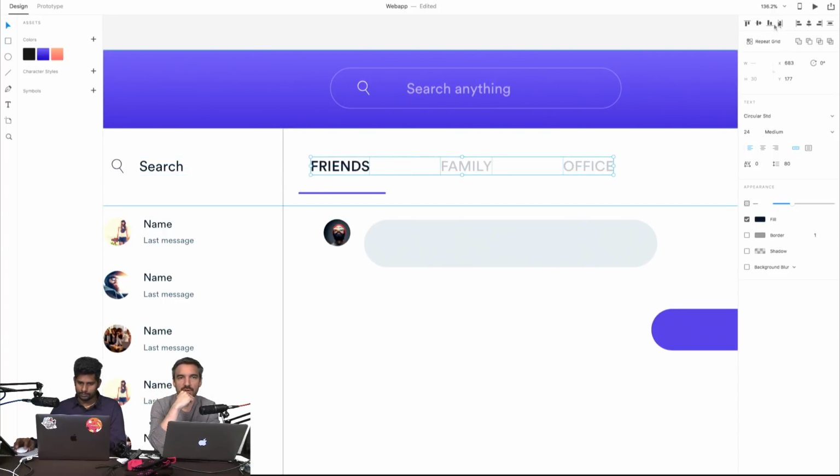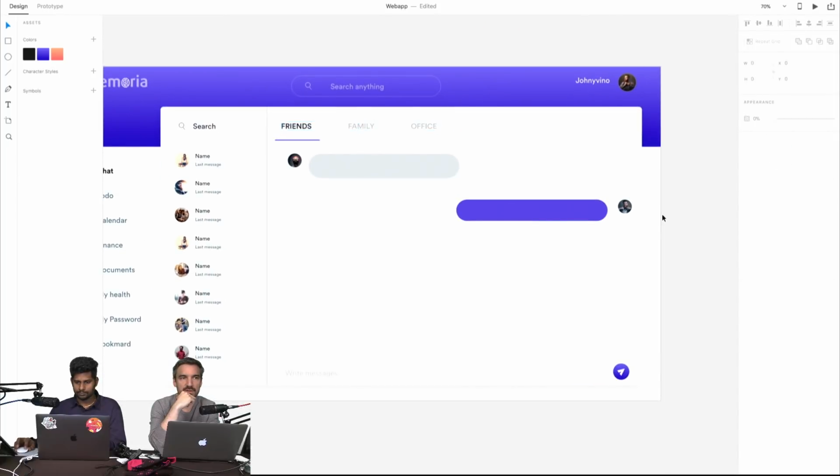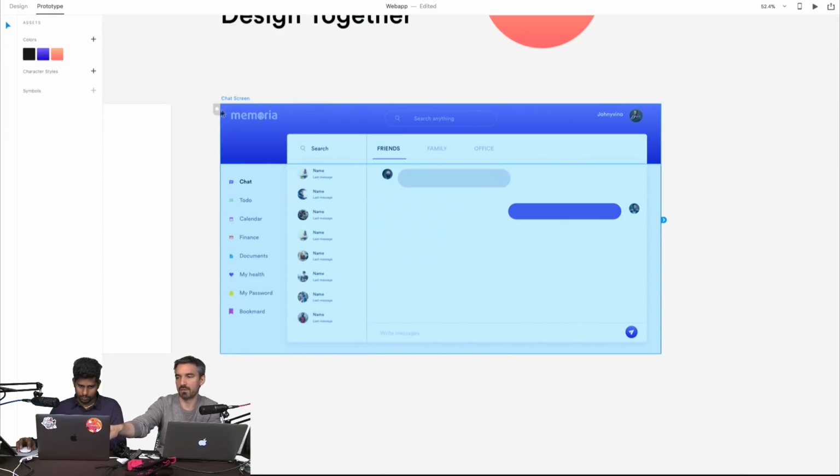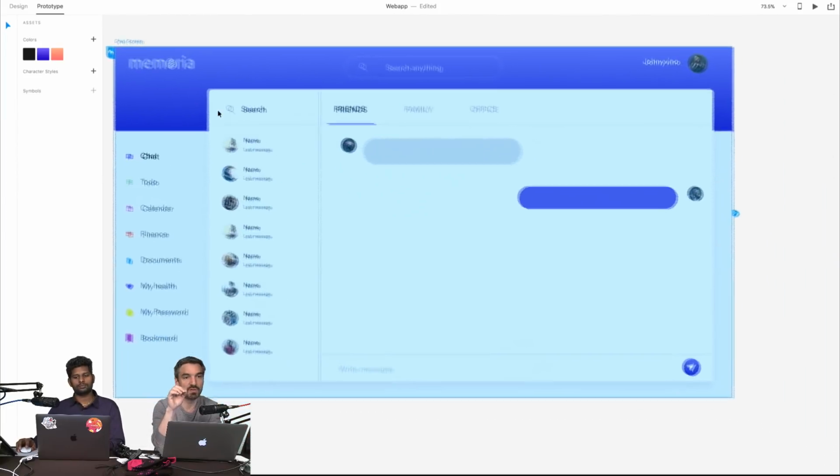Yeah. So when you share a prototype, there are two things. Maybe in the prototype view, we can show what is the home. Maybe if you go to the prototype view first. We can show the home icon here. So this is your first screen. This is your home screen. This is what you will share.